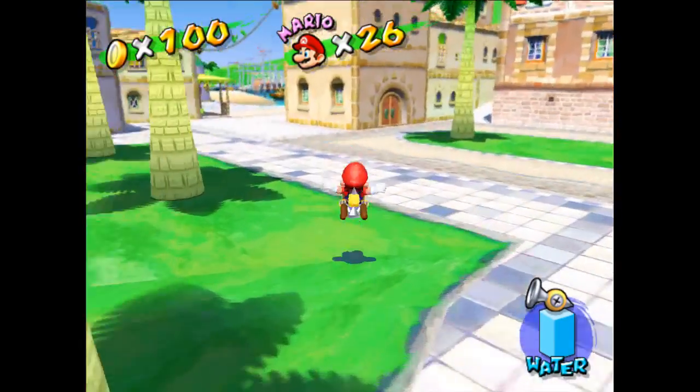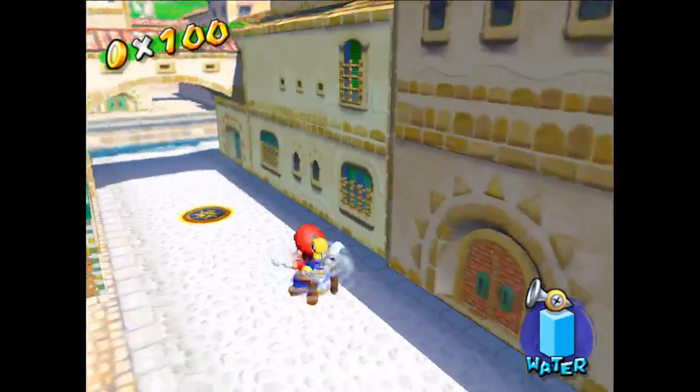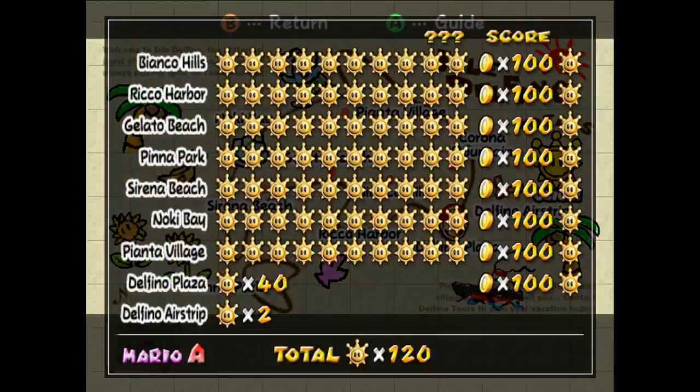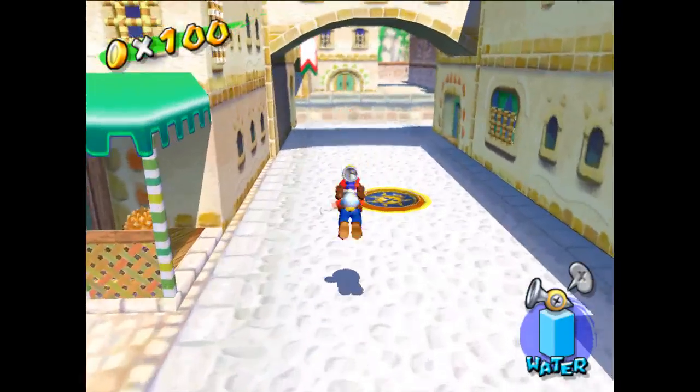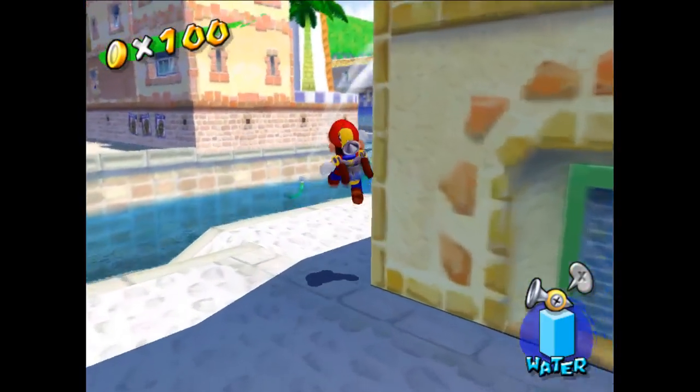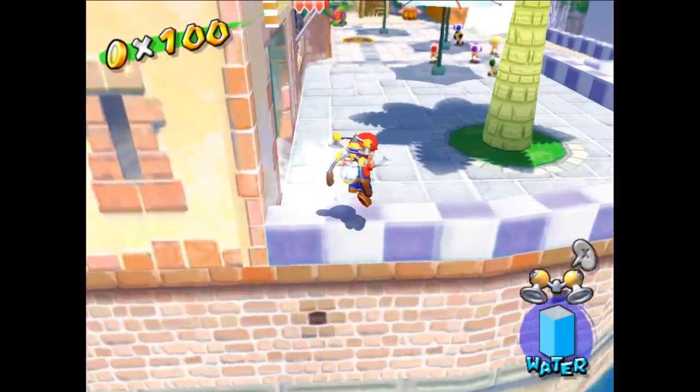So I do still have 100 coins, so I'm going to be careful not to actually grab any more. Not that it matters, because if we have a look at our screen right here, it's now complete. I mean, that Delfino airstrip too looks kind of weird, but that is all there is there. So yeah, I mentioned a second ago that the interiors are all on a map that's way up in